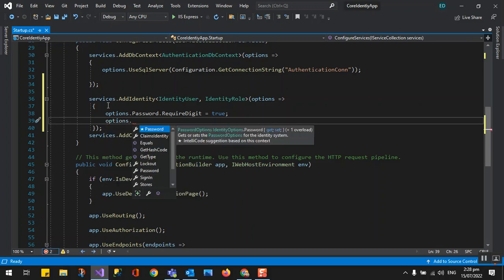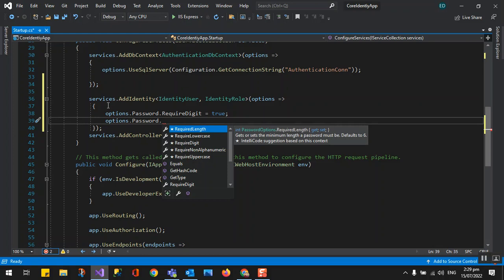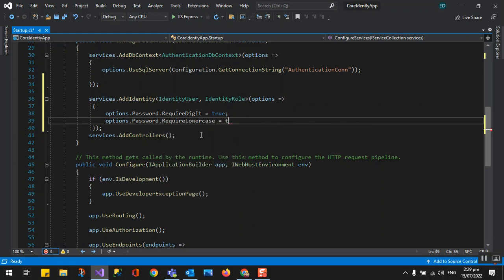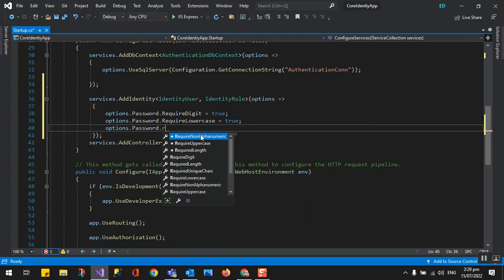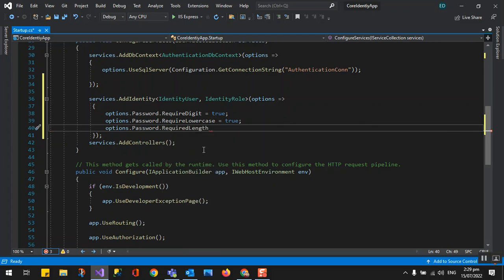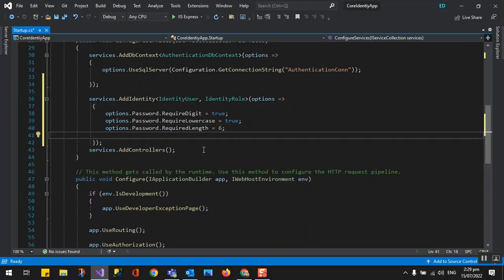Option password required lowercase, you can set it to true. Alright, option password required length, this is not important. So let's say for example 6 only. So I think that's for now. So whatever your requirements, you can just add. It's already predefined in the identity user. All right, so we just say 3 criteria, and then